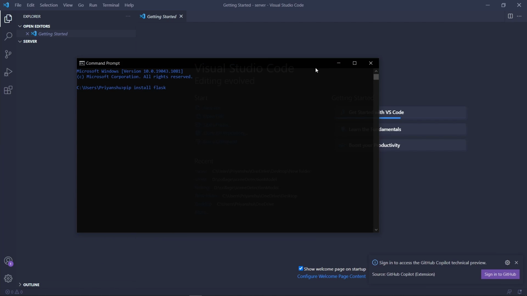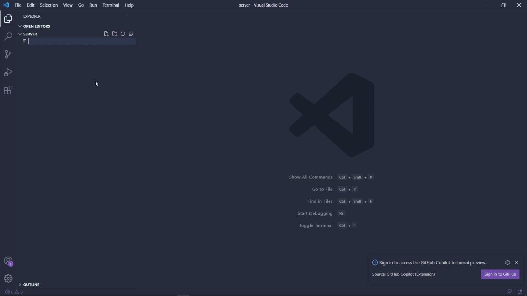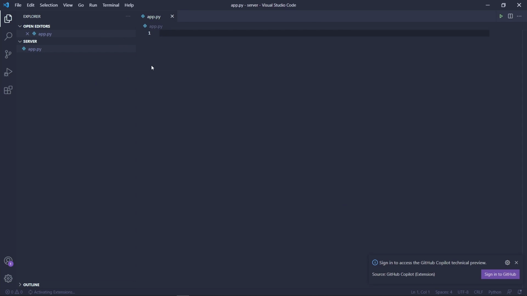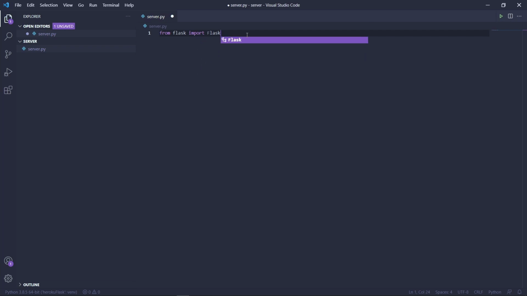To install the Flask, you can do that, and you can use other package managers as well. Server, let's say app.py, it's our server file, or I can say it as server.py. So from Flask, import